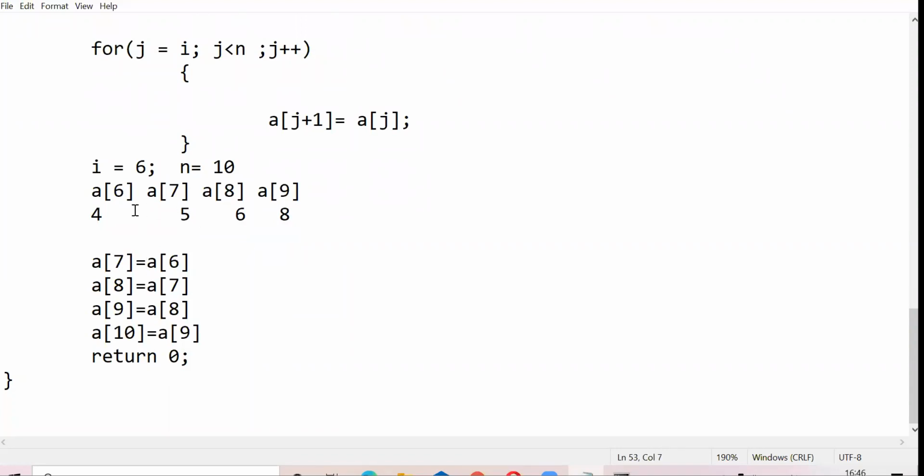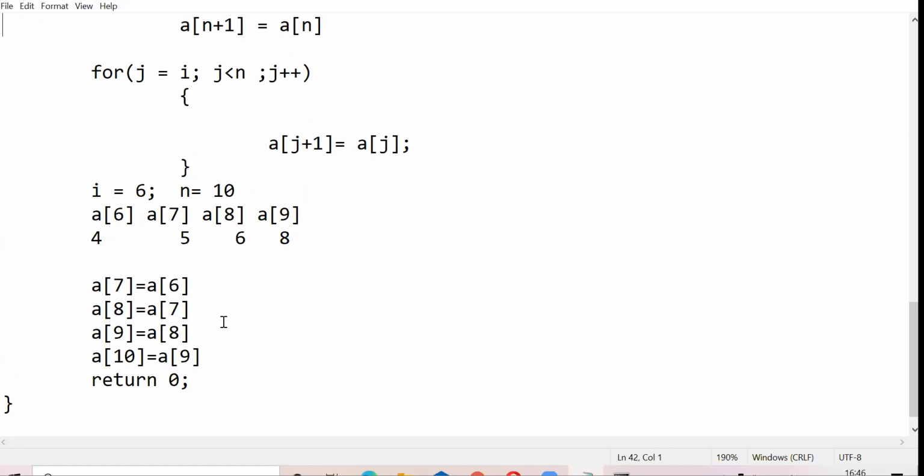As soon as A of 7 becomes A of 6, A of 7 is losing its original value. Now think about what you can do in your code to correct this. Ma'am, we can introduce A of 10 and do the backward thing. A of 10 is 8, A of 9 is 6. Okay, that makes sense.